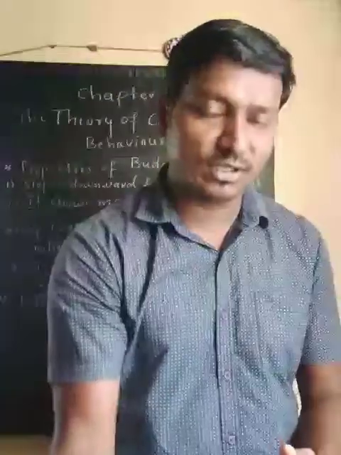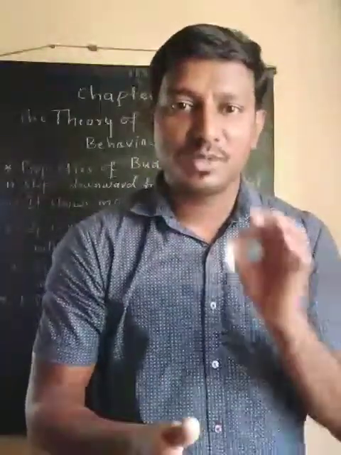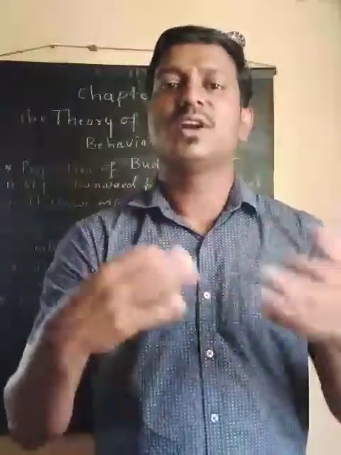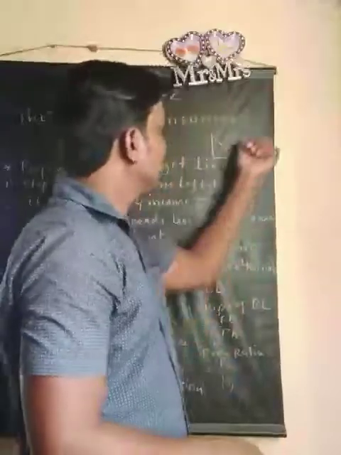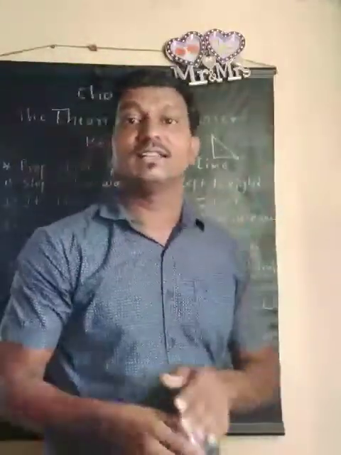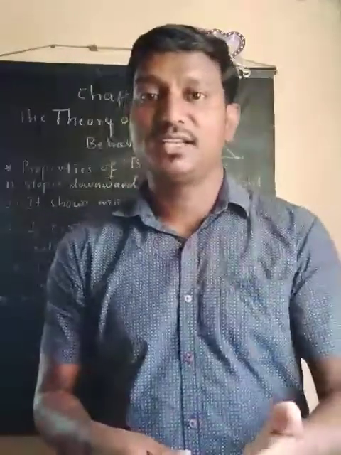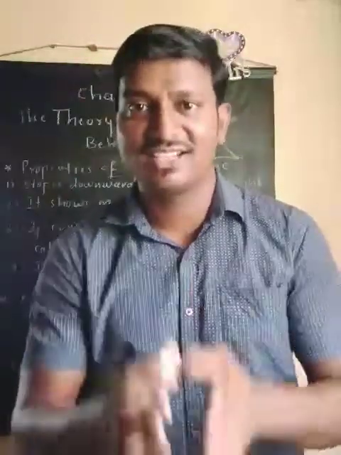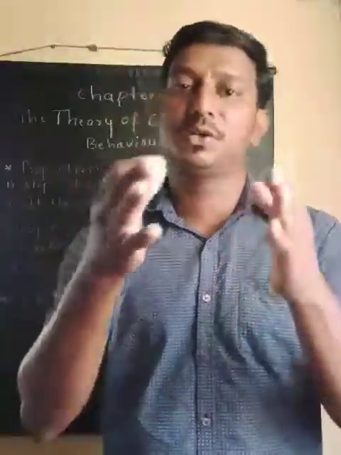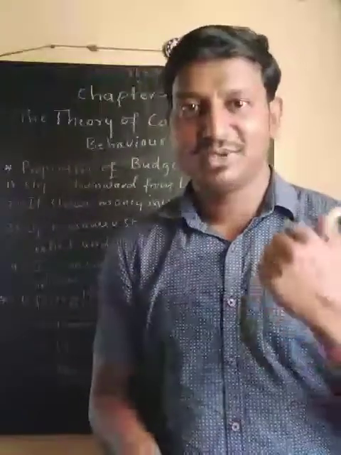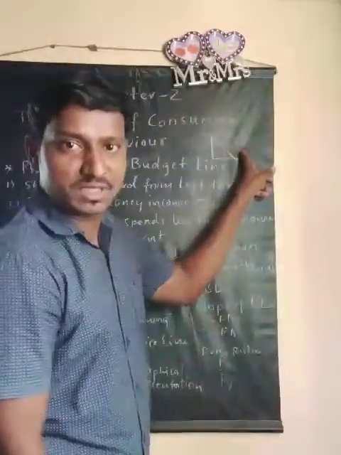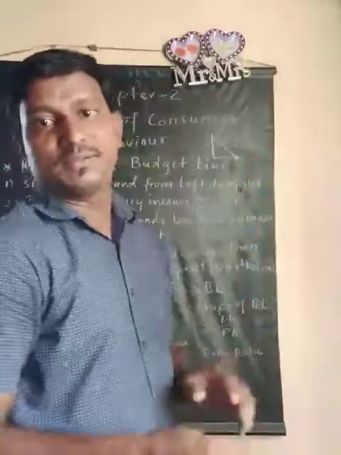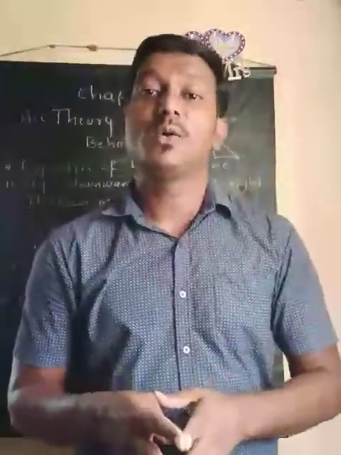If we want to purchase more than that, it is not possible, because we can purchase only as much as we have, and beyond that we can't. If you want to purchase more, which is called overspending, say more than 45 rupees when you have 40 rupees, then you have to take a loan or make some arrangement in order to purchase more. So anything above this budget line, or over and above income, if you purchase that, is called overspent. Less than that is underspent.